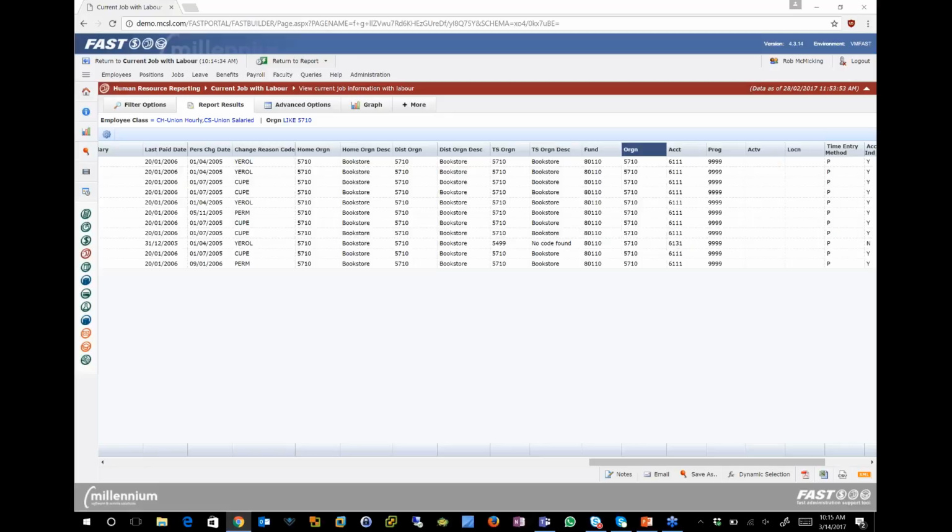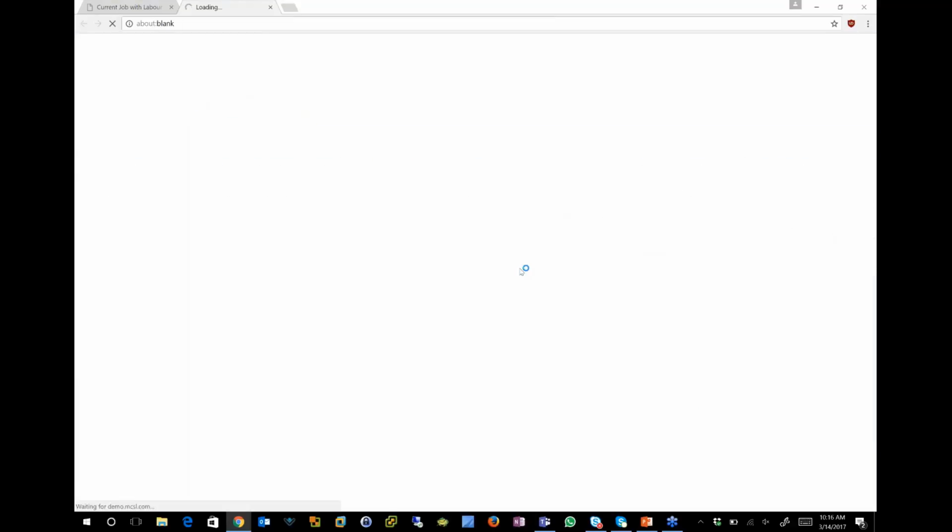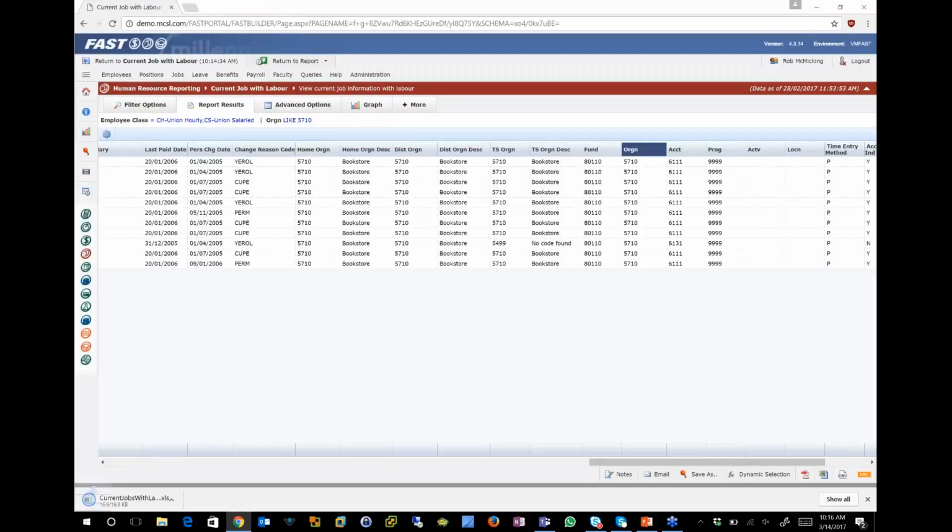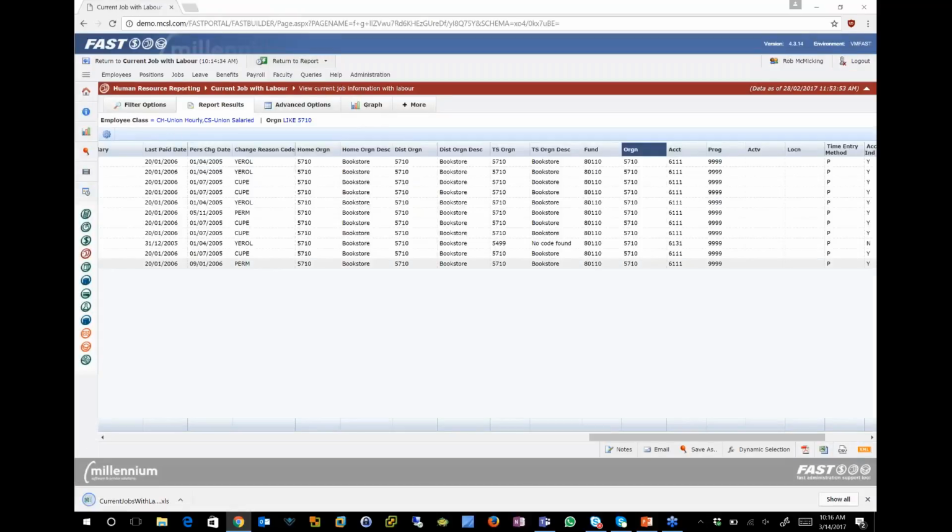Now, this is great. We've got this information, but what can an end user do with this information? An end user can actually take this and dump it to Excel and then do further things. Or they could dump it to PDF. Or they could actually contact people. So let's, first of all, drop this to Excel. So you just click on the Excel page. What will happen is it will go out, get all this information, fire up Excel, dump it down, and down here on the bottom left-hand corner, you can see